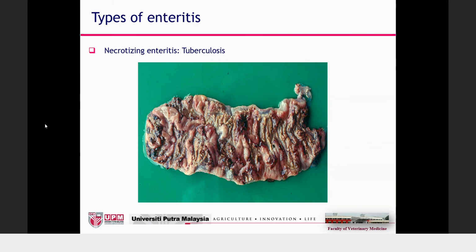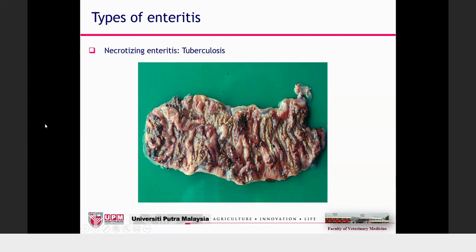So this is our case of tuberculosis. It involves the intestine, with very severe lesions in the intestine, and very severe lesions in the lungs and other organs. This case is again tuberculosis in deer. I think at one time the government had a policy to import deer from overseas, and unfortunately one of these imported deer went down with tuberculosis. I did the necropsy and postmortem, and you could see how severe the lesion that occurred in the